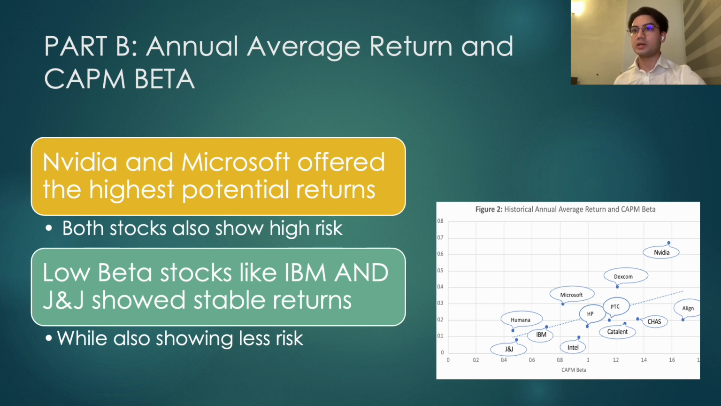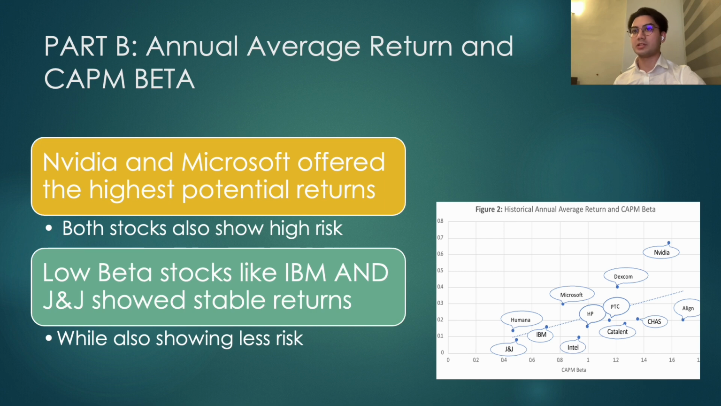Additionally, we calculated the alpha, which measures the stock performance on a risk-adjusted basis. Positive alpha indicates outperformance, while negative alpha suggests underperformance. We also visualized the relationship between returns and beta by plotting a return-beta graph, displaying the average annual return on the vertical axis and the CAPM beta on the horizontal axis, including the Security Market Line, also known as